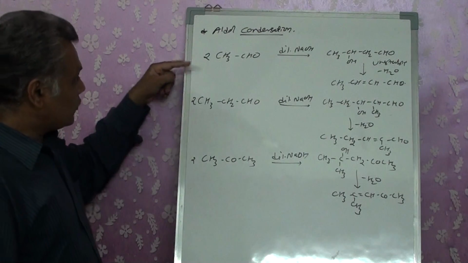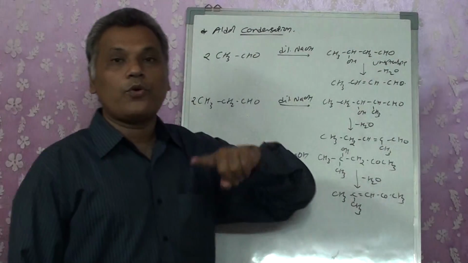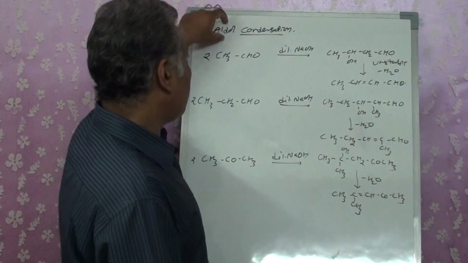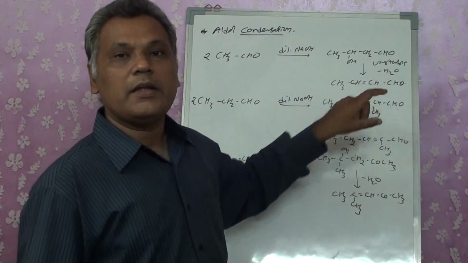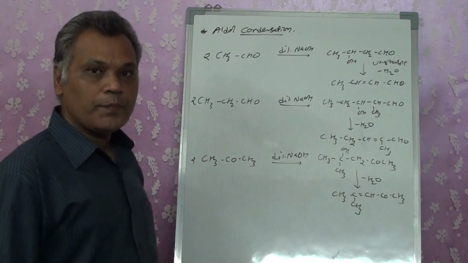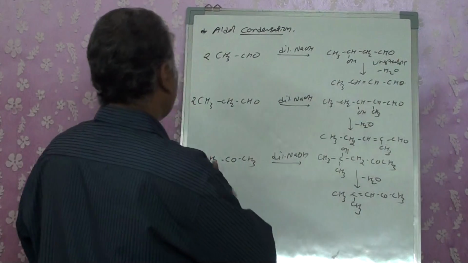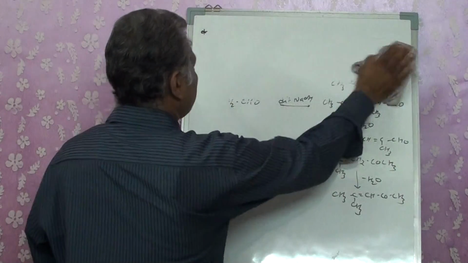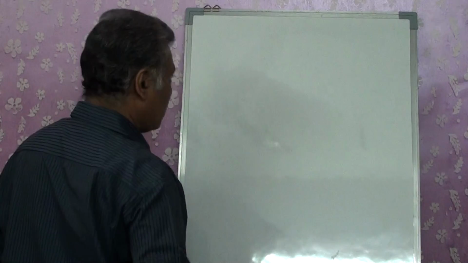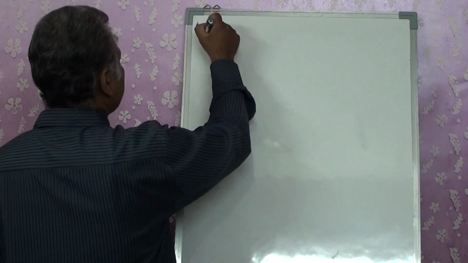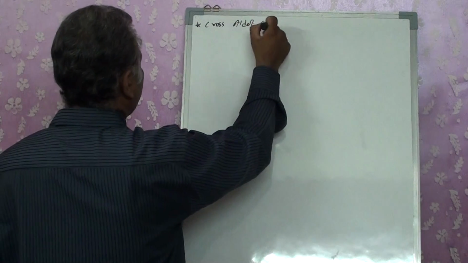The same molecules, two molecules of the same kind, and we are always going to get one product from it. See, during the aldol condensation, two same molecules are reacting, and we are getting only one product, right? Now in place of that, if we go for cross aldol condensation, let's take it as the second one, cross aldol condensation.